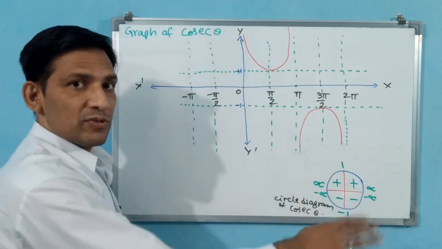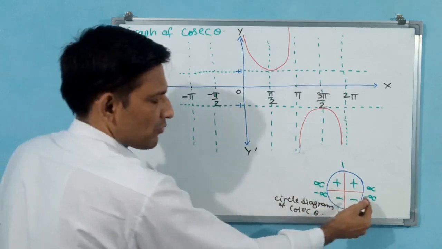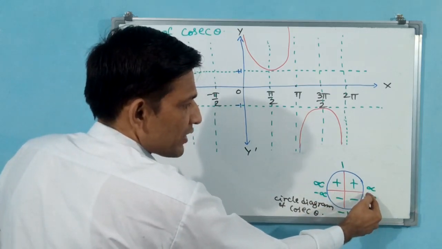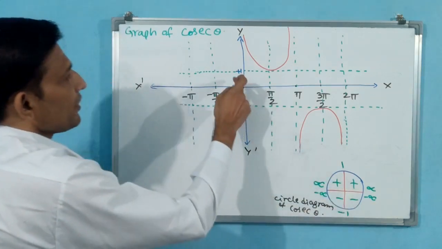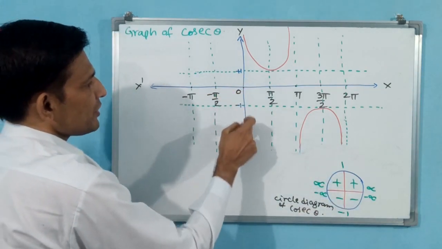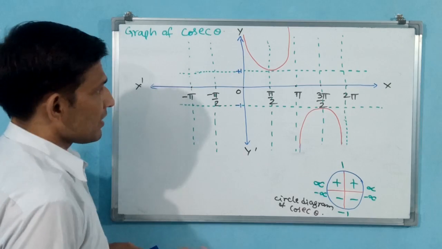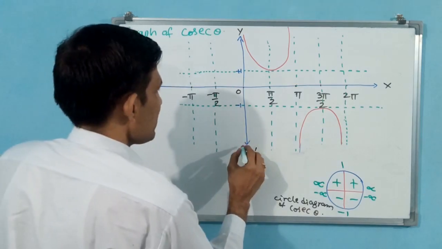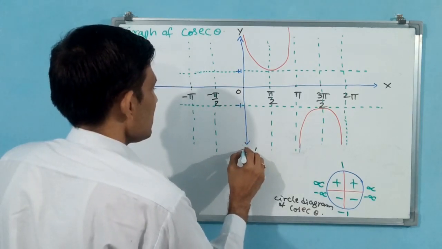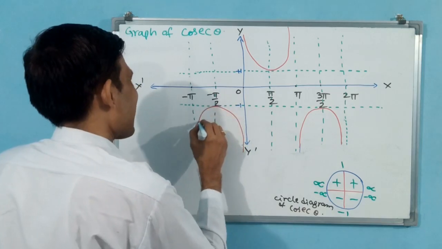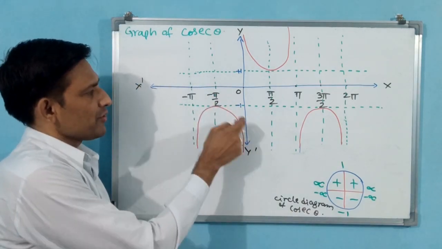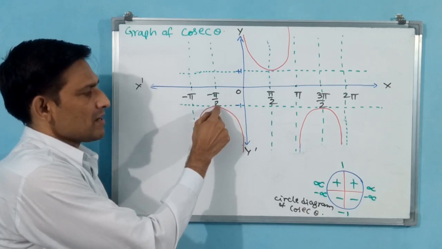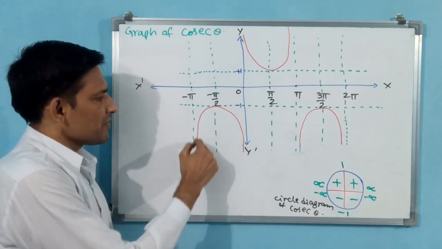You see, the positive side we have drawn, the negative side we have not yet drawn. The negative side also will go. You see, on the negative side, negative infinity to negative 1. That means how it comes, you see, negative infinity to negative 1. Is it correct? Up to pi by 2 you see negative infinity to negative 1 has come, then negative 1 to negative infinity again.